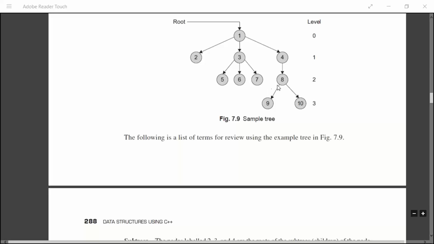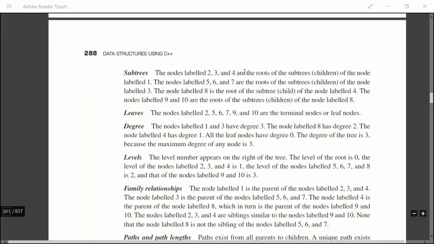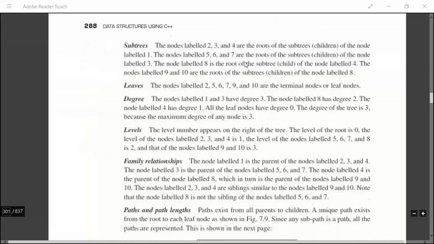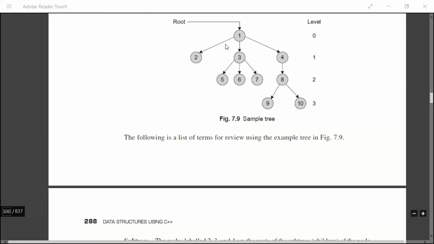We don't find any other node which is giving rise to more than those 3 edges. So the degree of this particular tree is 3. Next, levels. Already we have seen the levels, like the length of the path from root to that particular node,